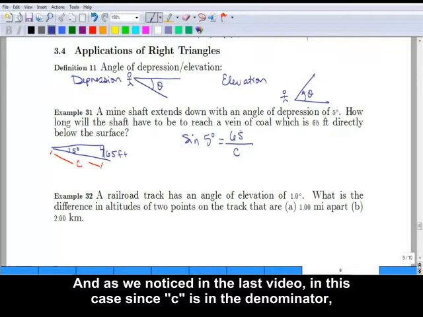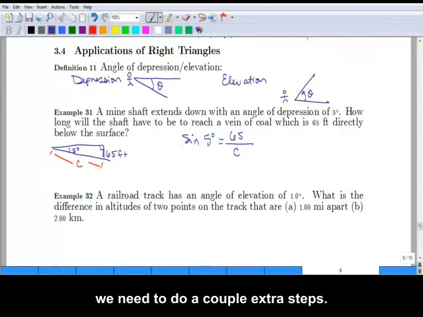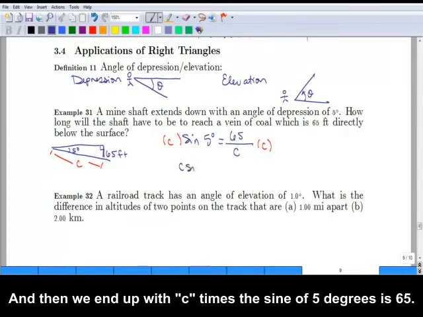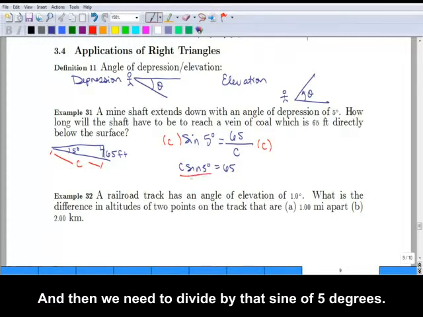And as we noticed in the last video, since C is in the denominator, we need to do a couple extra steps. We're going to multiply both sides by C, and then we end up with C times the sine of 5 degrees is 65, and then we need to divide by that sine of 5 degrees,